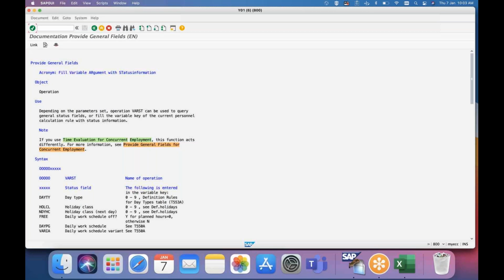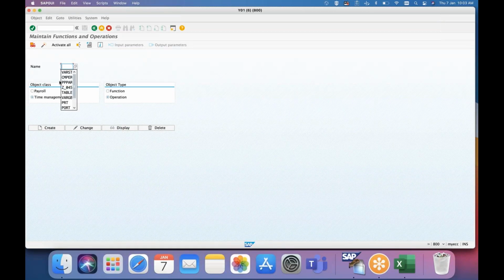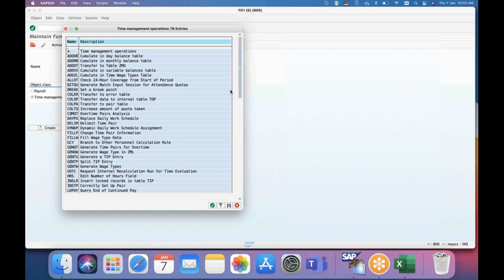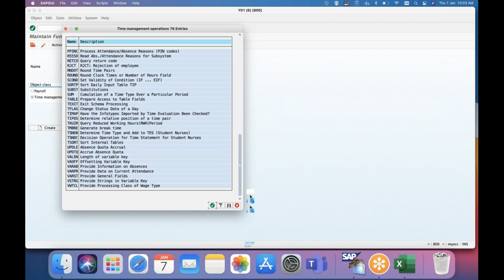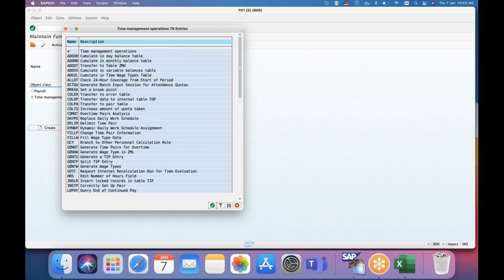The other part is if you want to check or you have a different requirement in our client going forward. For example, once you are familiar with the basics of the PCR, if the existing operations which I have explained in our program are not working for your scenario, then you can check what all operations or functions are given in time evaluation here. These are not too many. You can see here only these many. So likewise, you have to set whatever operation you want.